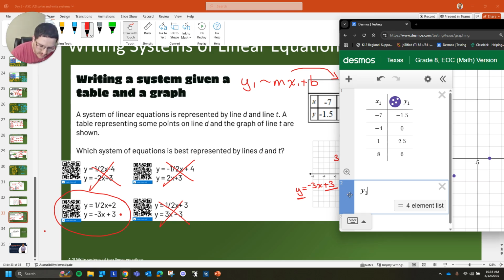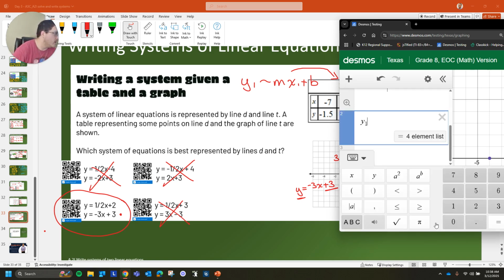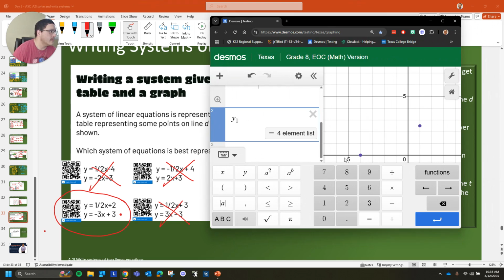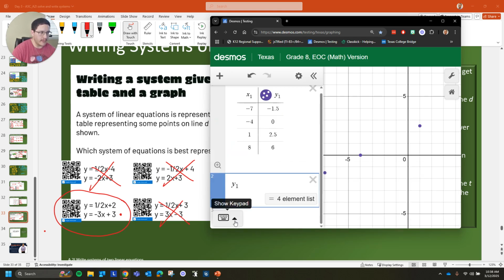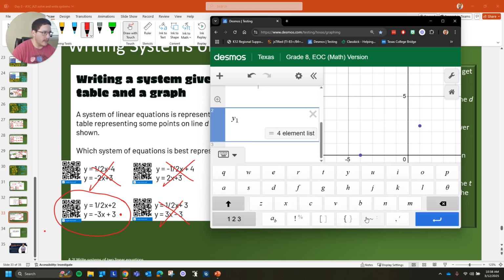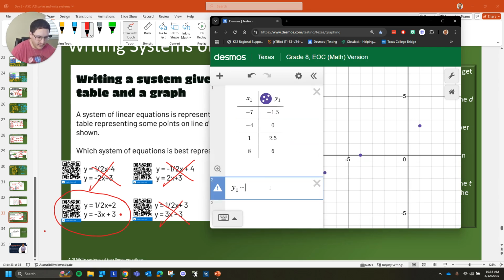You're going to look for the squiggle symbol, which is next to the 1 on your keyboard. It should look like this squiggle symbol next to the 1. You're going to have to hold shift and press that symbol, or just go to the keyboard right here under Desmos and then click on that symbol right there. Okay? Now typing in the rest,